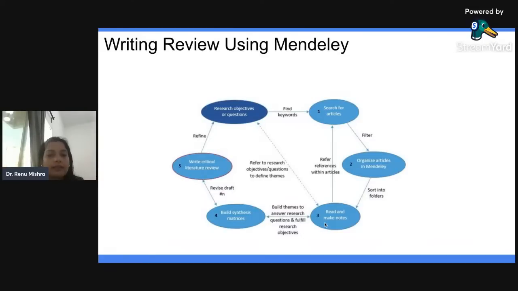Okay. And then it helps you to make your notes and end notes. Your synthesis matrix, you can come back and forth. So your research questions, your research objectives, you can come back again and again. So Mendeley basically helps you to organize your literature review in a very, very refined manner. Zotero also gives you the same way. So if anybody is working on the similar way of writing a review article, they can take the help of these